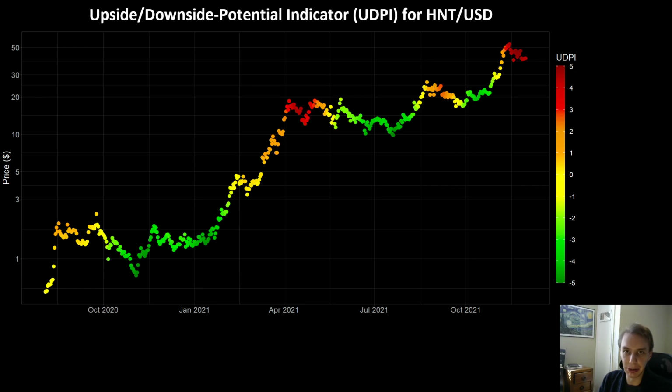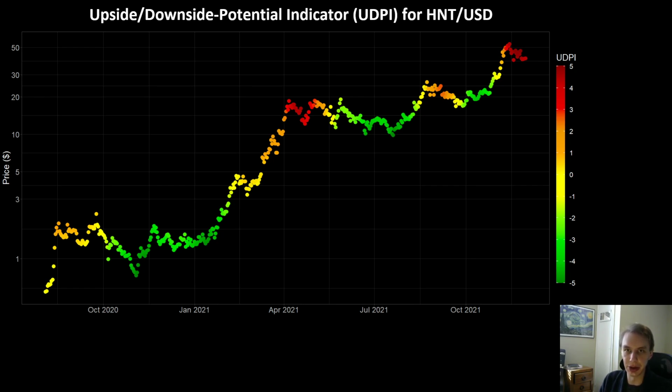And so to use the network, if you want to use Helium, you need to have HNT tokens, and then you need to burn them to create the actual token that you interact with the network for. So there's this constant demand for HNT on the network. And so maybe that's part of the reason why the correction was a little bit more muted for HNT than it was for some of the other altcoins,